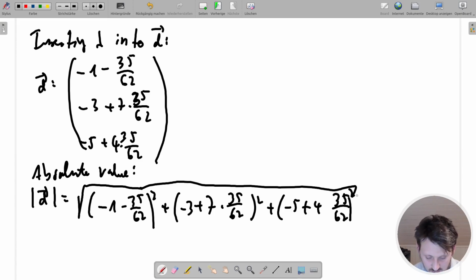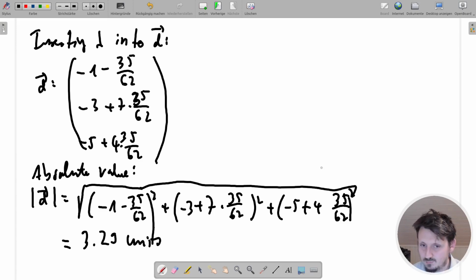This is just calculating the absolute value of a vector. As you can see, it fits perfectly inside. I've done this also before, and when you add up all these square terms and calculate the square root, you come to the result of